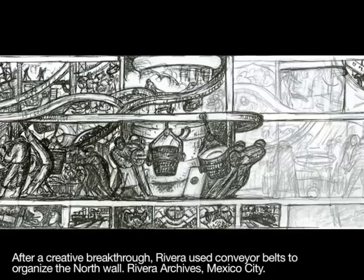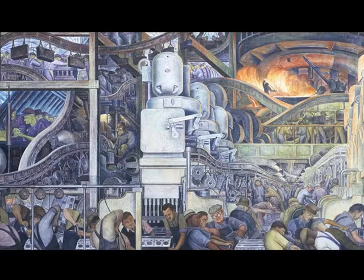Suddenly, almost overnight, movement was introduced through these conveyor belts that run like serpentine elements from one aspect of manufacturing, the interior of the car, to the next. And what that did was to create movement and to meld all of these important manufacturing processes together so that your eye reads it as a whole and is also guided in and out and across and up and down